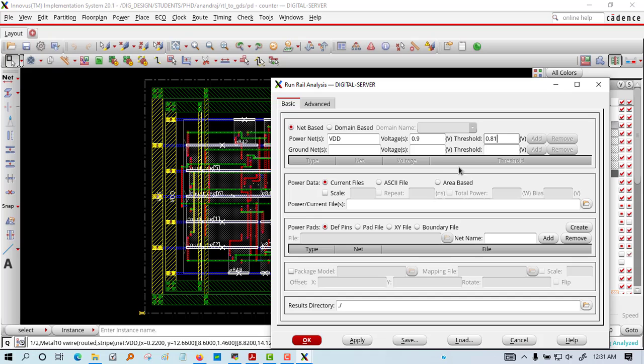Right? And then now we will create. Now we will select XY file to create that file. Then here we have to